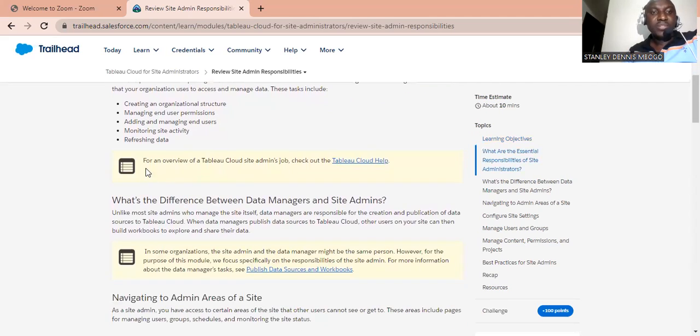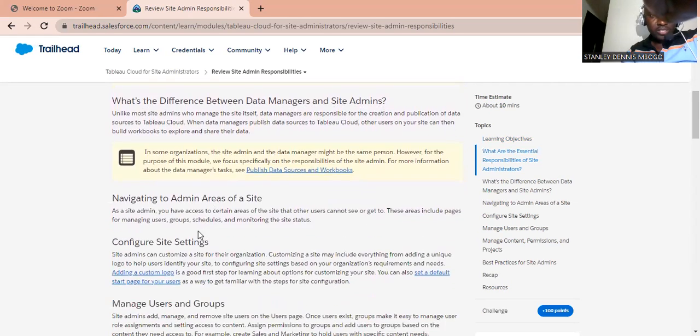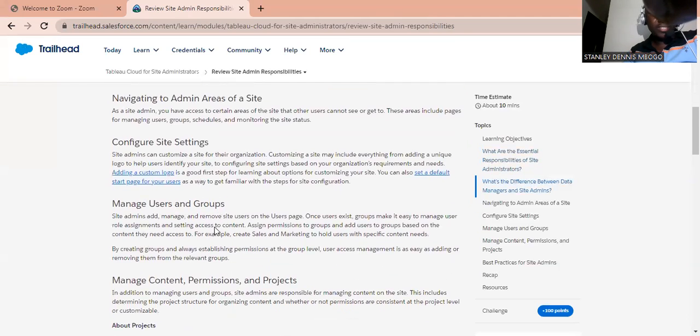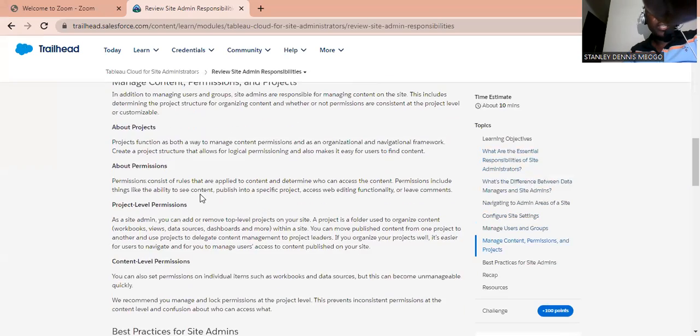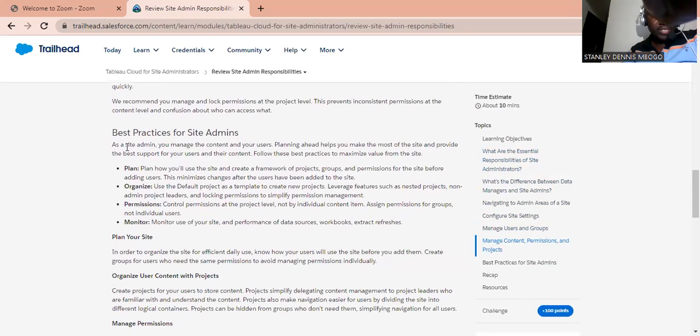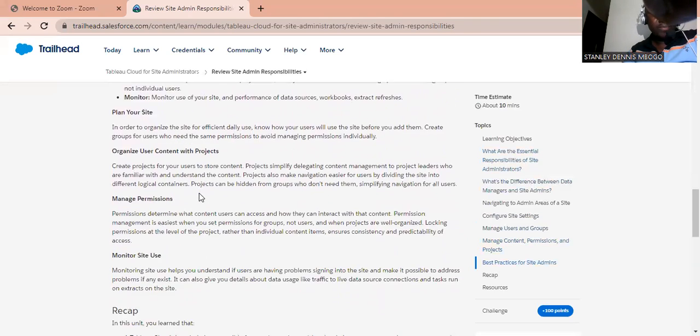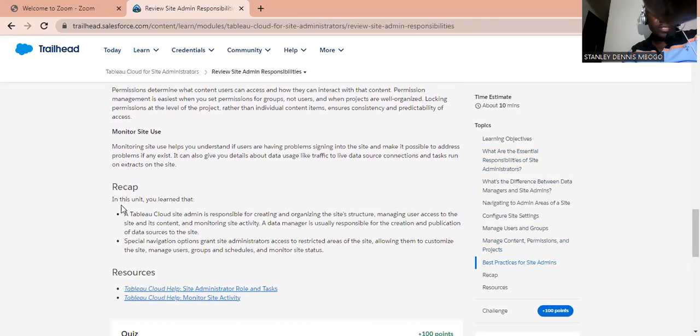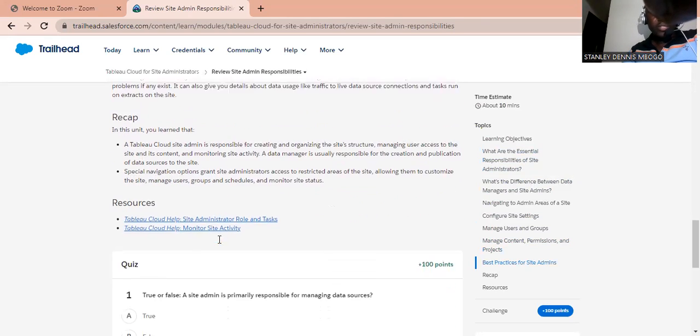So as I told you, this highlighted text is also important. So what is the difference between data managers and site administrators? If you want to get to know about this, you read through this. So navigation to administrator areas of a site is this. Configure site settings is that. Manage users and groups. Manage content permissions and projects. So all this literature is very important. So the best practices for site admins is also this. So after reading this, the recap is this. In this unit, we've learned these two tabs, a Tableau Cloud site, and then a special navigation option. So after that,